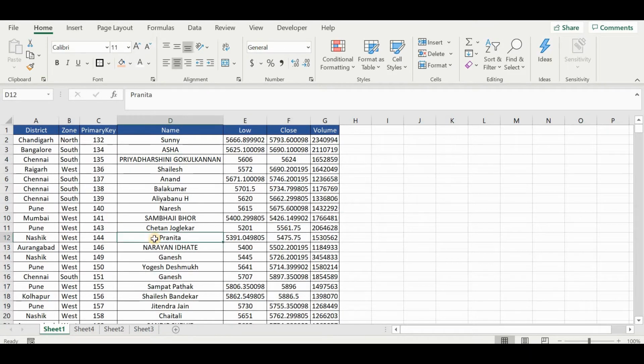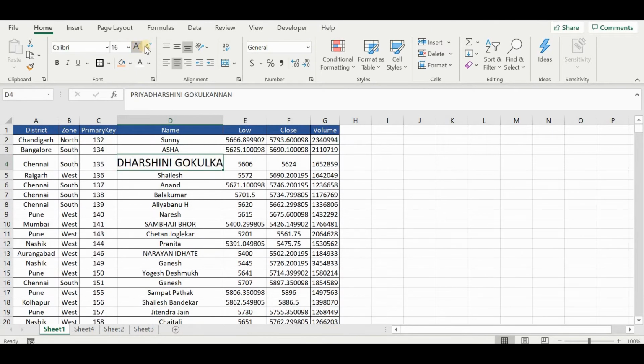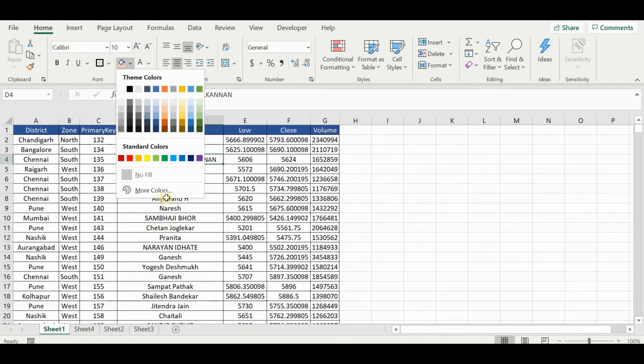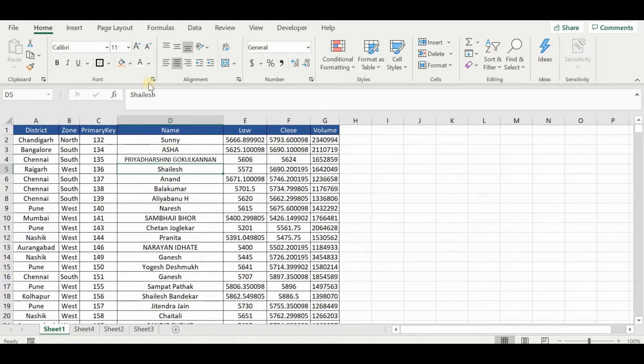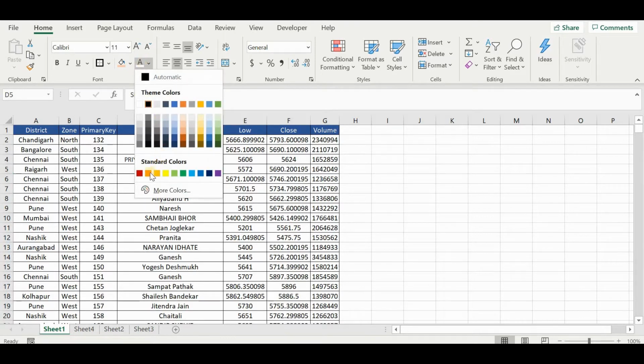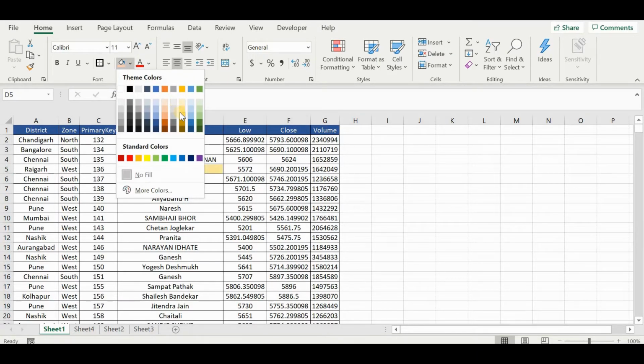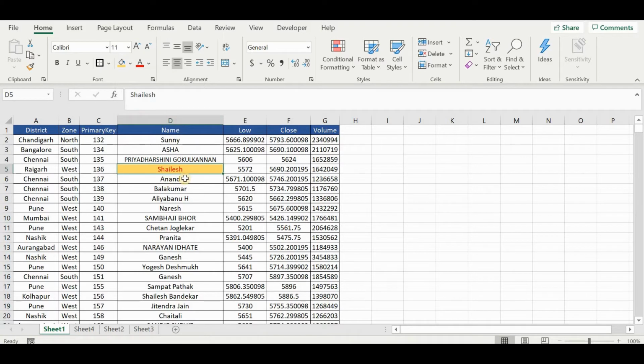Now that we have seen the fonts, this can be increased or decreased like this. We have seen the color, the background color. Suppose you want to mark only the text, then this will be the color for that. If you want to have the background colored, then this would be the cell that you need to select. Now we have seen font size, background color, and text font color.